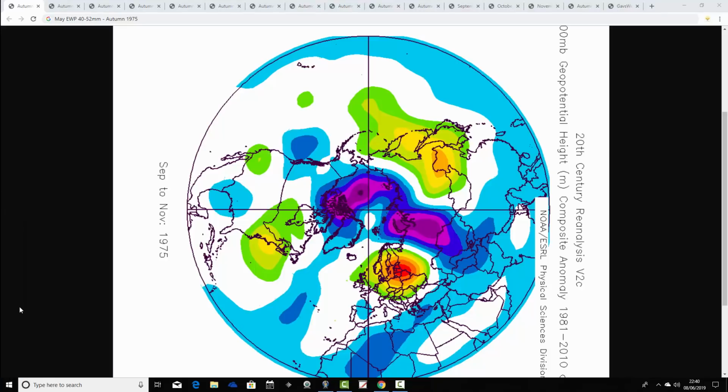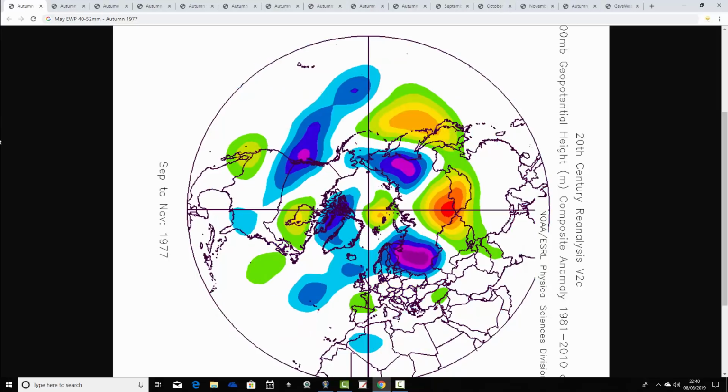So starting with winter of 1974, 1975, and going right the way through to the summer of 76, we have very, very dry seasons. This is indicative. Autumn 1975 has an area of above average height centred over to the east of the country. So just a lot of dry, quiet and quite warm weather with winds in from a southeasterly direction. There is a wet September actually in 1975. One of the few, only I think, wet months of that particular year is September